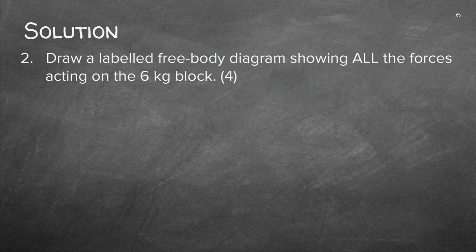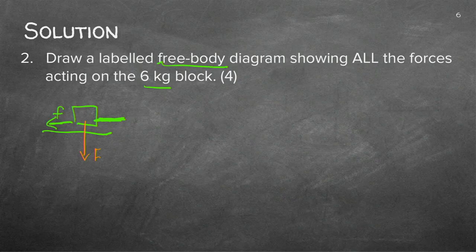Let's continue. A free body diagram of the 6 kilogram. Remember, it was lying on top of the table. It was attached with the string there, and remember I said there's a frictional force. So what will a free body diagram look like? Well, it's not only those 2 forces, you also have gravity going downwards, and because there's a surface, you'll also have the normal force. So let's draw the free body diagram and see if you can get your 4 marks.